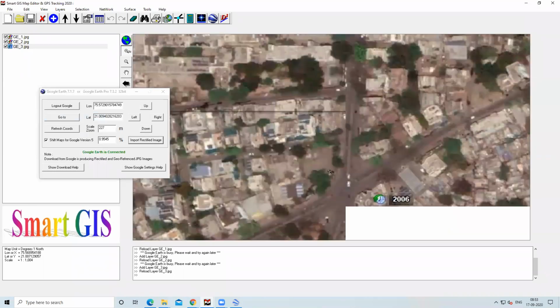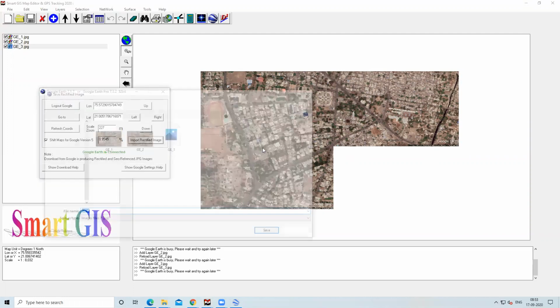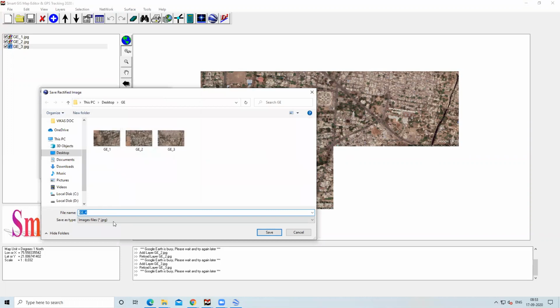So now if you want to download this below image also, you can download and mosaic it into QGIS or ArcGIS. Suppose if you want this image, then I will click on down again, then import rectified image. You can download hundreds of images like this. So I will select GE4, I will click on save,